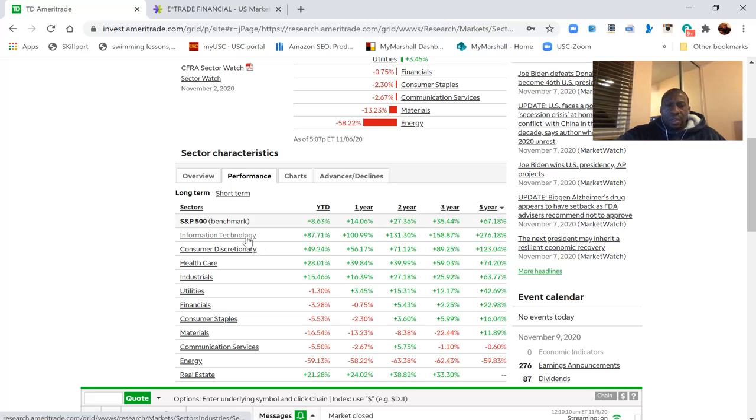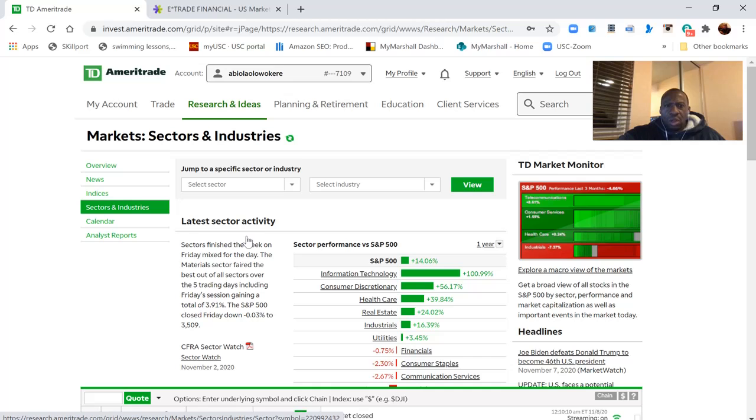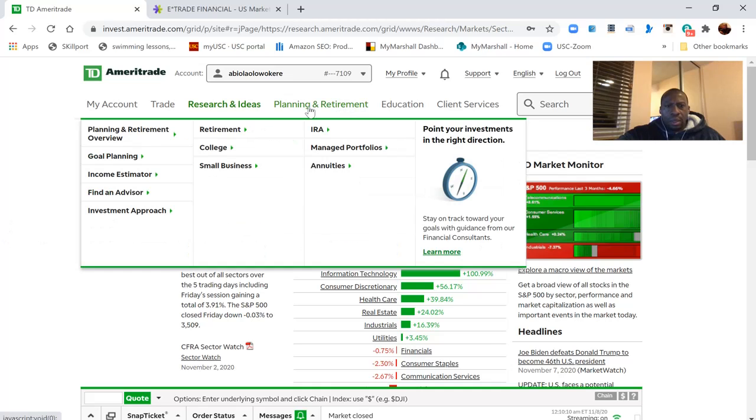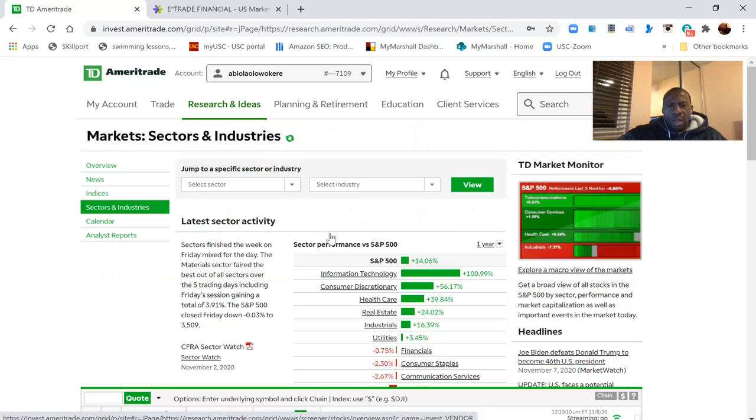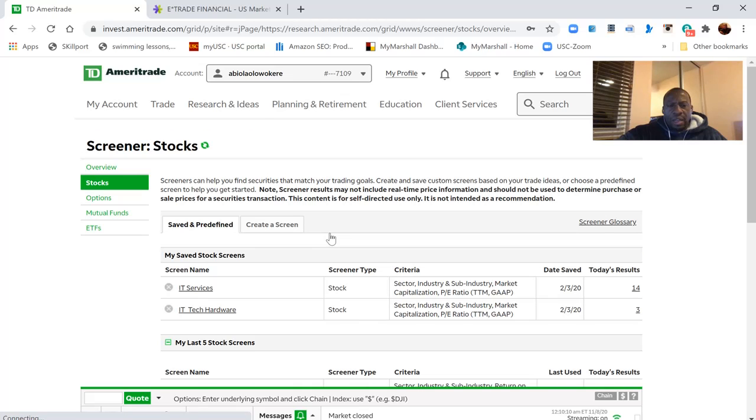So now that I know that the IT industry is the data point that I want to research more into, I go back into the research and ideas, and I click on the screener. This screener is almost like a filter for all the stocks that are out there, and you can screen the stocks based on sectors and industry, valuation, fundamentals. You know what I'm talking about, but when I show you, you understand it even more because we learned a lot of that in Dr. Defon's class. I click on stocks, and then I click on create a screen,